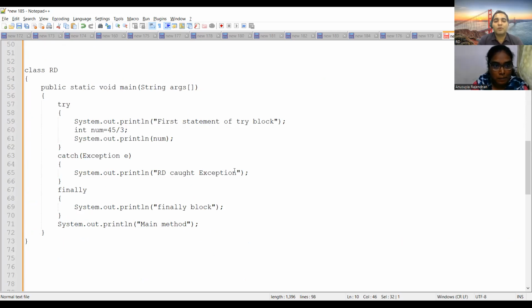Now can you tell me the output of this program?